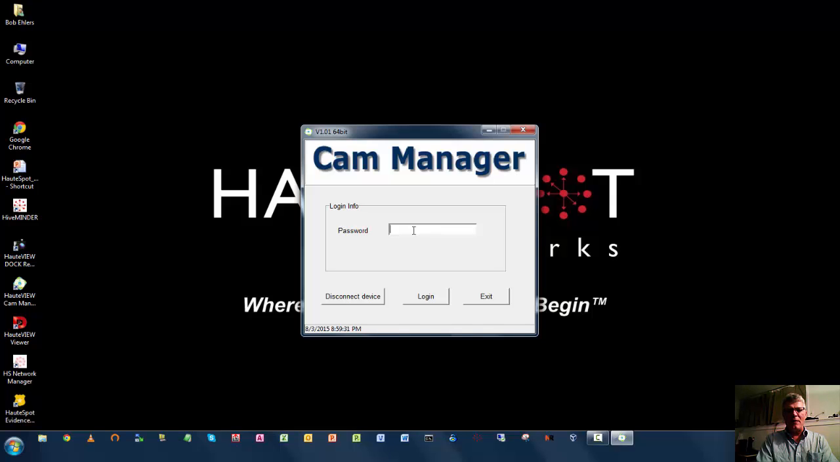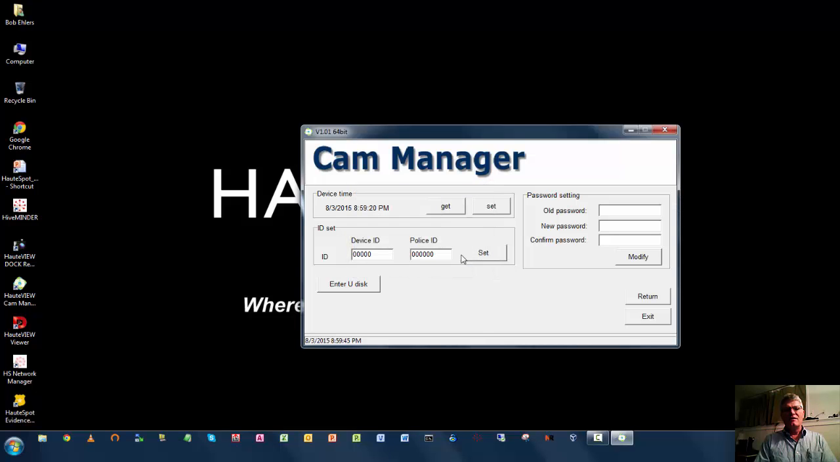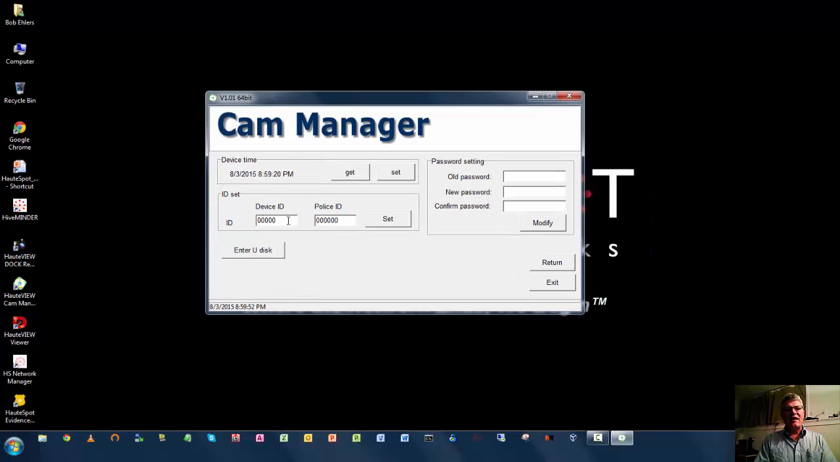So I'm going to enter the default password of 0000000. I hit login, and the first thing it does is my PC will then synchronize the time to the camera, and I say OK. So now I've got standard date and time. From Cam Manager, I can set the camera ID, I can set the officer ID, and I simply type those in here, and that will update the camera with the device ID and with the officer ID,